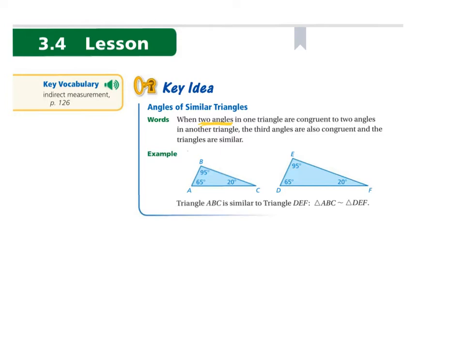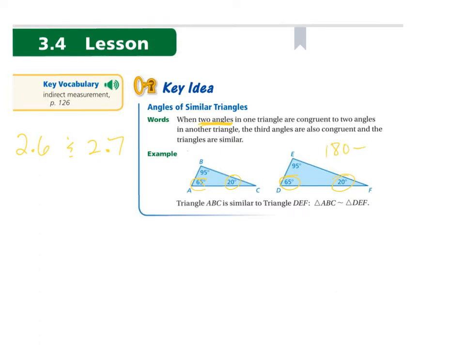If you remember similar, we talked about similar in 2.6 and 2.7, so you might need to remember some of that once we figure out if these things are similar. But again, if we can prove that two angles in a triangle and two different triangles are similar, then the third would be similar. For instance, if we only knew 65 and 20 and 65 and 20, well, obviously 180